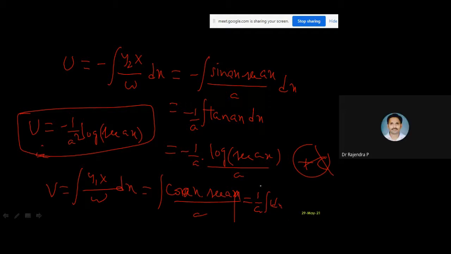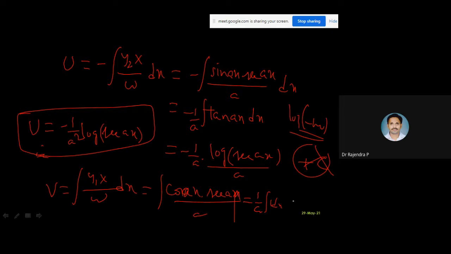So I am not writing the modulus because, as you know, we are not taking any negative value in the log of that parameter. We never take a negative value in the log of something. Here we will never take a negative value, right? Good. So what did you get for this?